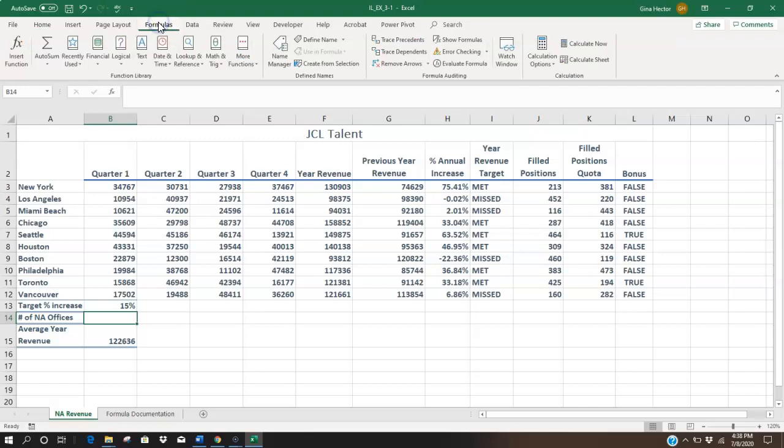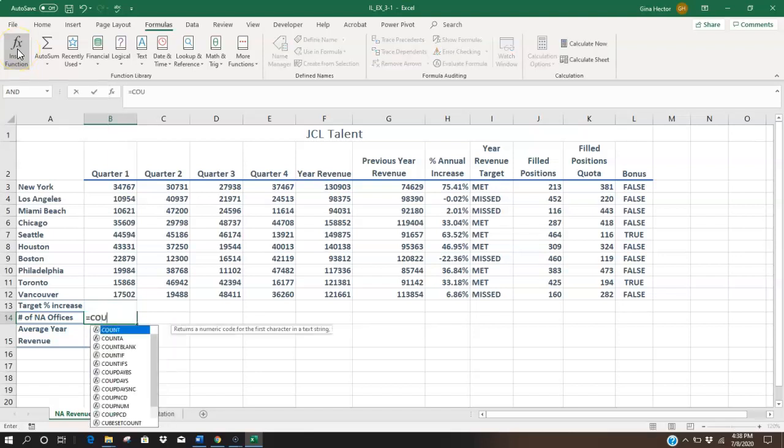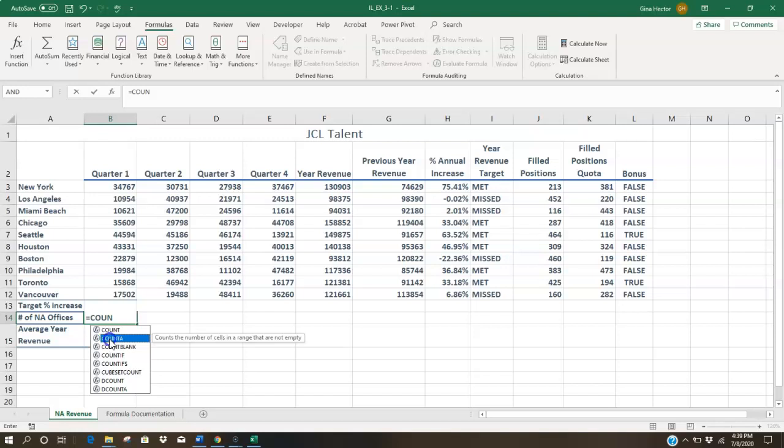Remember, you can always go to formulas and go to the right category or go to more functions or FX and look it up. If you know the name of the function, you can just start typing it in. So there's COUNTA. Notice COUNT says count the number of cells in a range that contain numbers. COUNTA says count the number of cells in a range that are not empty, so it can contain text. So I'll double click on COUNTA,